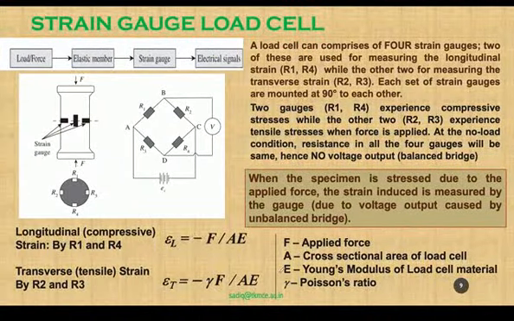Strain gauge load cell, the way by which strain gauge is used in measuring load, that's the meaning. The principle is, in the strain gauge load cell, there is a force element, force applied. That force is applied on an elastic member, and on that elastic member a strain gauge will be attached. So the strain happening on this elastic member will be transferred to the strain gauge. When the strain gauge is part of a Wheatstone bridge, there will be an unbalance of the Wheatstone bridge, and thereby it will cause electrical signals. So the applied force will be transferred to electrical signals in the case of strain gauge in the load cells.